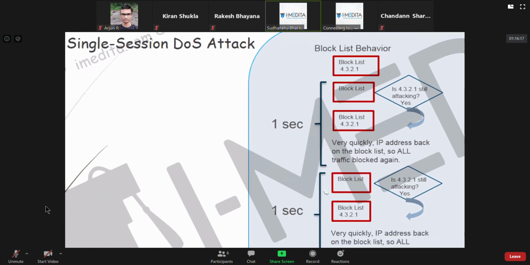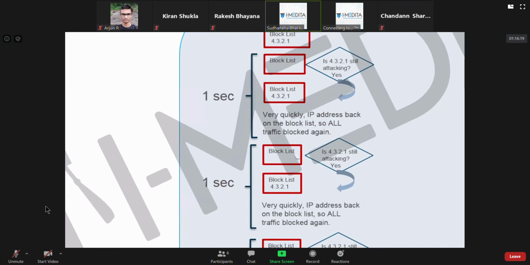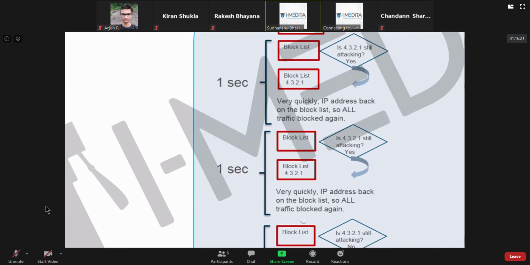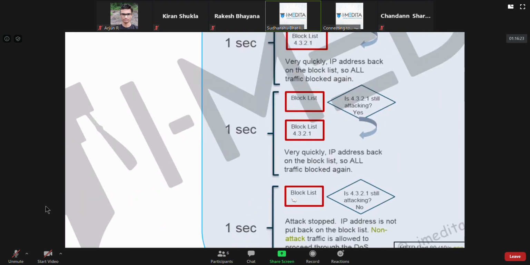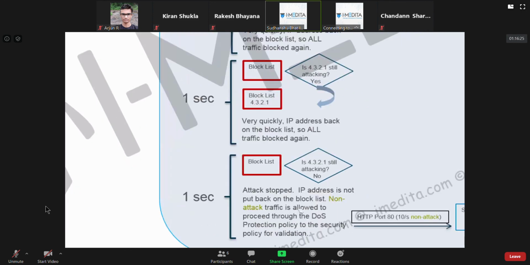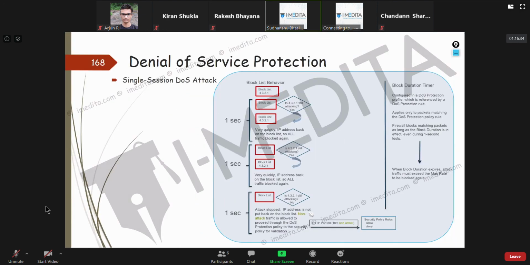But if it stops attacking, then the IP address is put in a non-attack category. So if you see, the 10 packets per second HTTP traffic will not be considered an attack.